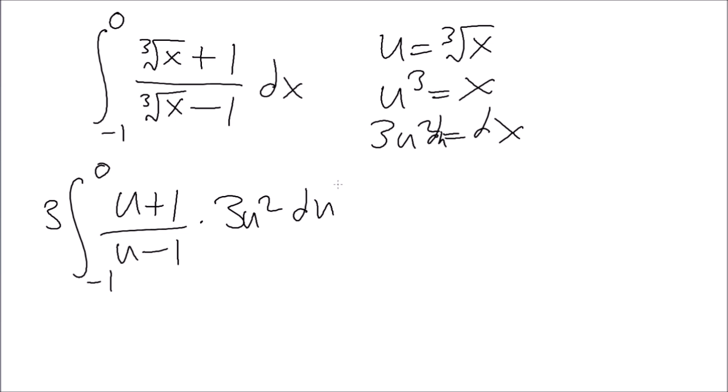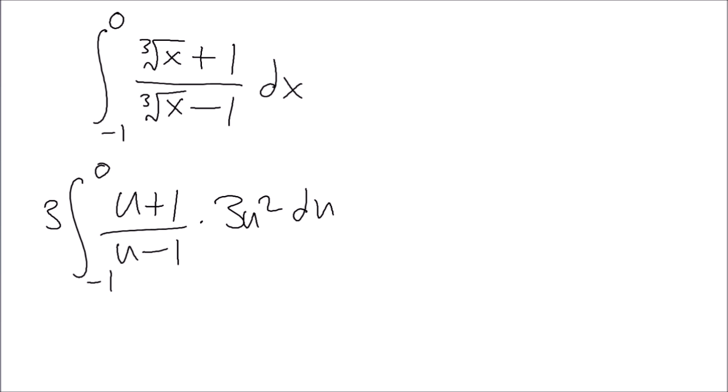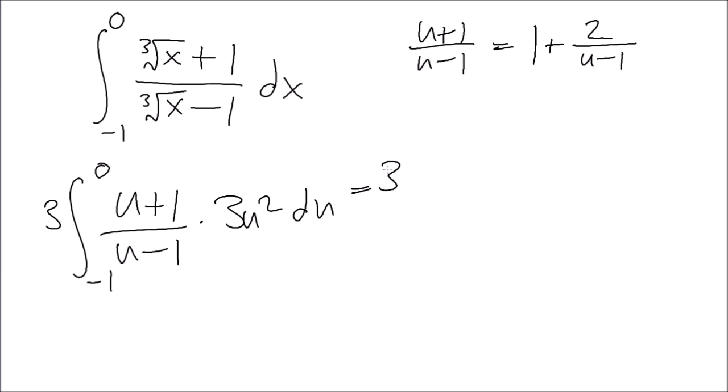Well, it looks like that because, again, this is a very tricky integral, but let me show you. U plus 1, u minus 1, right? If I do zero substitution, minus 1 plus 1, I get 1 minus 1 plus 1, so this would be 2 over u minus 1. Then this is just 3, negative 1 to 0, so then this is 3u squared plus,